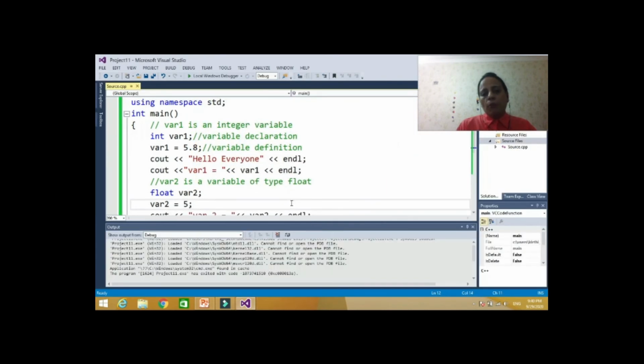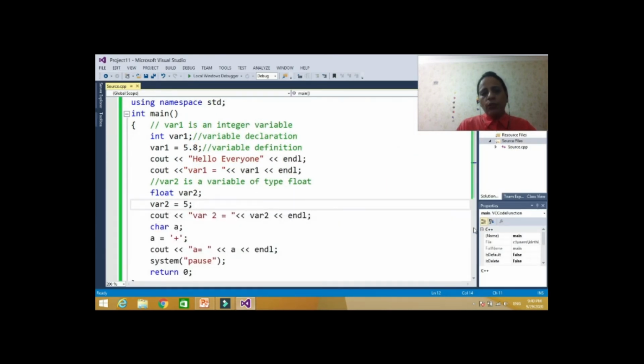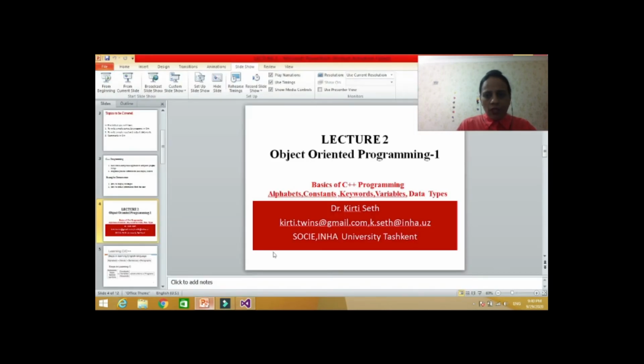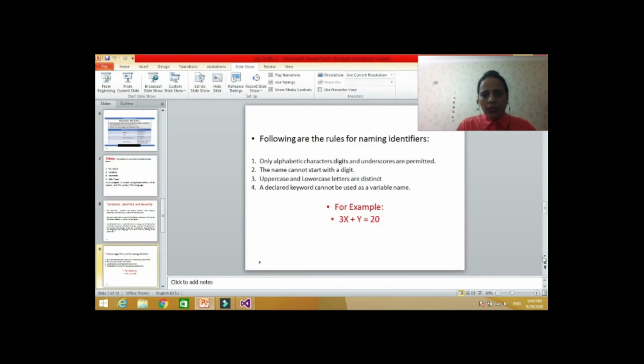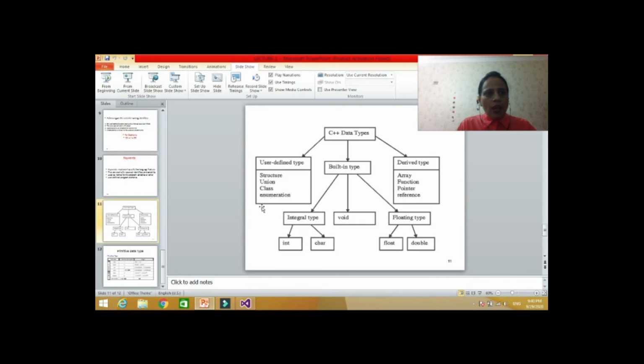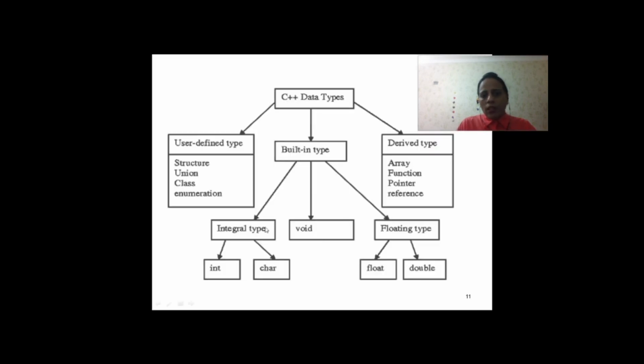Now if you remember, let's check the PPT. When I told you about data types, I told you that character is also an integral data type. Integral means one integer value is assigned to every character, and when we store that character in the computer's memory, the binary equivalent of that particular integer is stored.